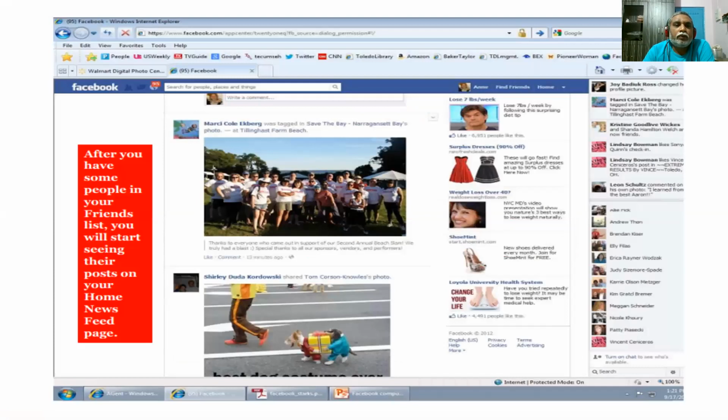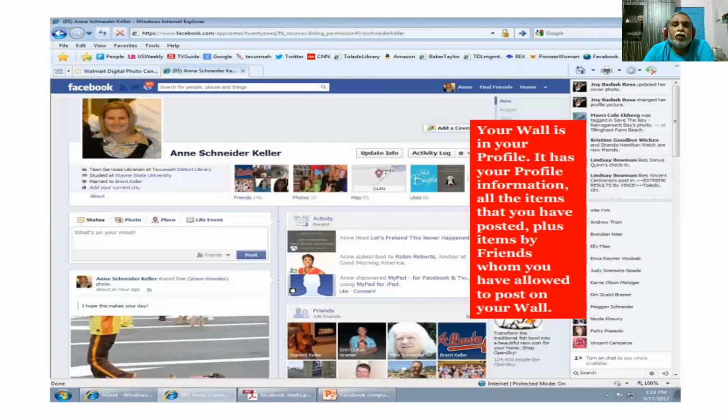After that, once you have some people in your friend list, in the corner you can see the live friends of your page. You can click on that button, you can chat with that friend, and he will chat with you. You can see the friends' posts also. You can see the friends' profiles also. Your profile also, friends will see.